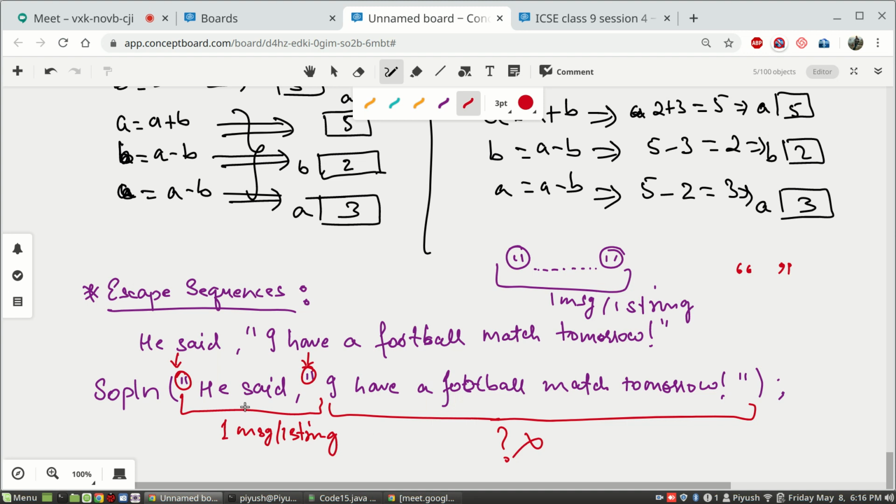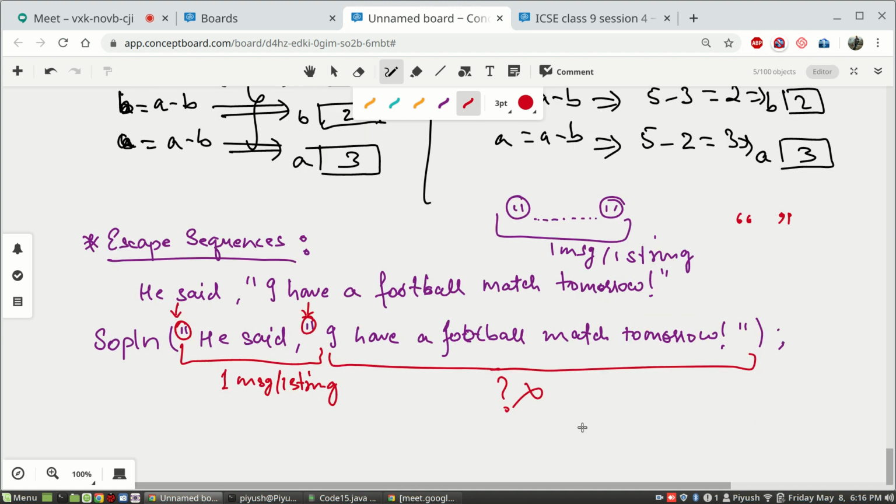So it will think, okay, fine, it started here. Had there been separate opening and closing quotes, there might have been some mechanism where the computer could have figured it out. But here there is only one type of quote, and wherever it finds one, it goes on and on till it finds the other one, so that it can understand whatever lies in the middle is one string. But after this it will get confused. No string is there, but you have started something, and then all of a sudden you have closed with one double quote. What to do? It will get confused, so it will complain, right?